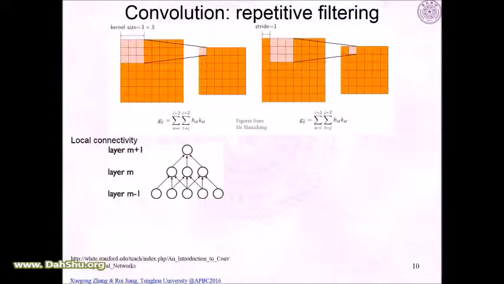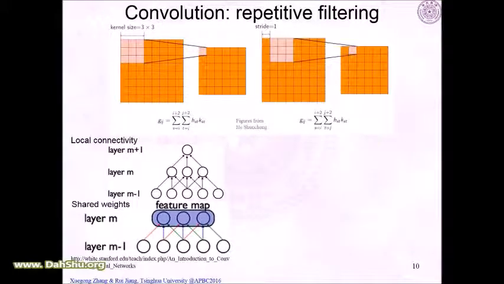Let's simplify this illustration in a one-dimensional case. Suppose this is the input, a one-dimensional input. We have a filter of 3 nodes. This is the sum of these 3 nodes. These 3 pixels give the output of this node in the next layer. Then we move the filter 1 step, and we get the output here. And from this, the next step, we sum them again. This convolution layer is only about this part.